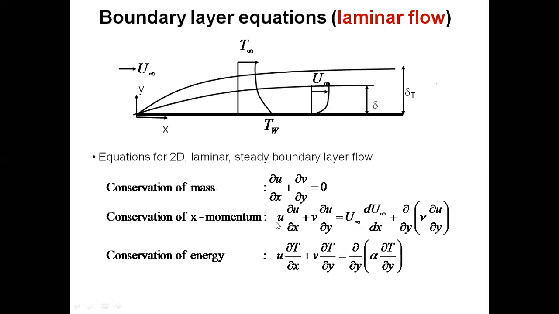When you apply these to a small element, you get the three differential equations, which should be solved simultaneously. This is one of the conjugate problems: the flow influences temperature, and temperature influences flow, so both should be solved simultaneously. Therefore, they are called conjugate problems. The solution to this is normally very difficult, so people employ different methods. Nowadays, people frequently use computational fluid dynamics.